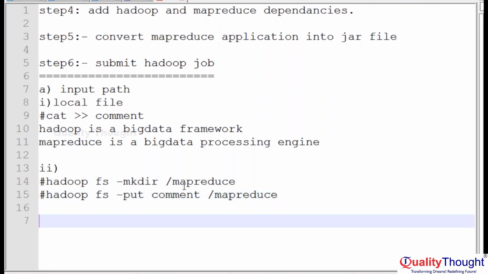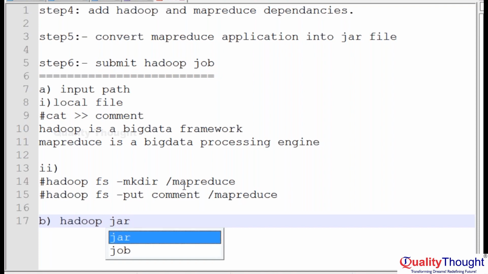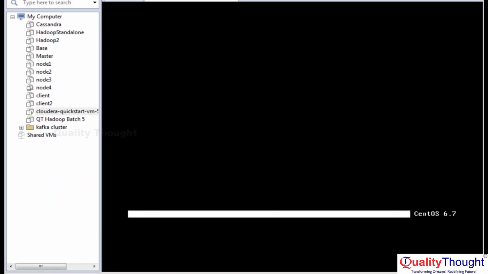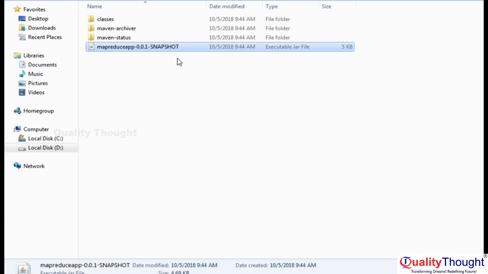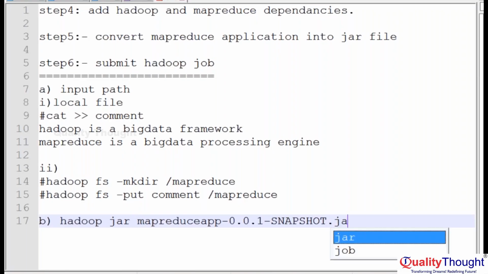So next step, submitting job. So hadoop jar, our jar file name. What is our jar file name? So it created the jar file with this name, right? Dot jar. And